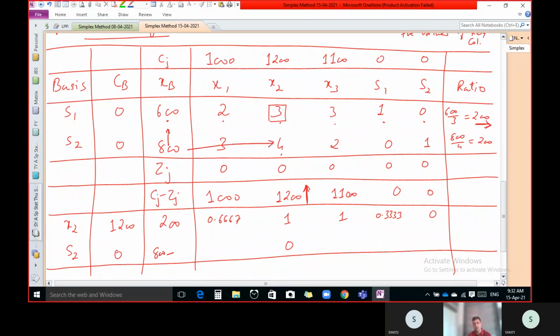Because we want to find out the value at this place, 800, first of all you have to multiply the corresponding dotted values. This is the dotted value. So you have to multiply this 600 with 4 and divide it by 3. Sorry, 3, not 300. So 600 into 4 divided by 3. Whatever you get, you have to subtract from 800.